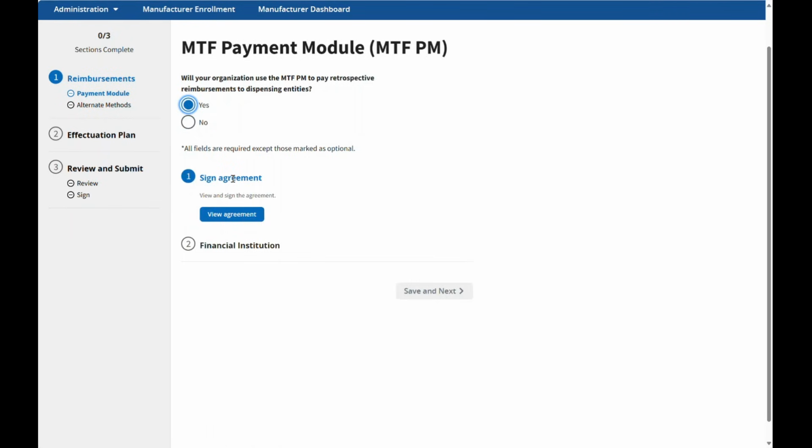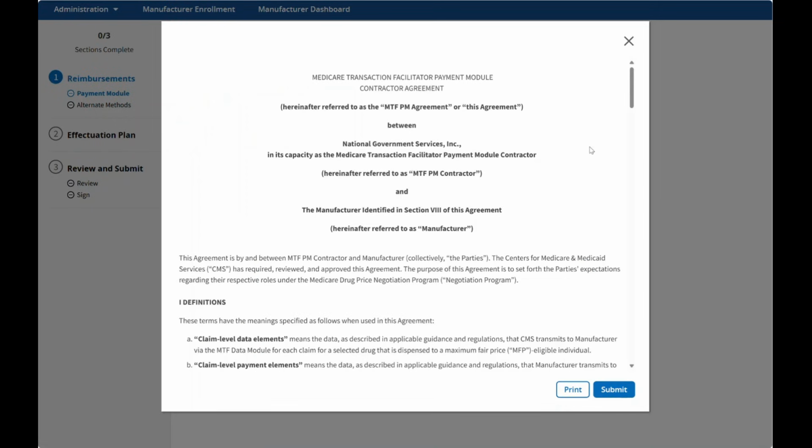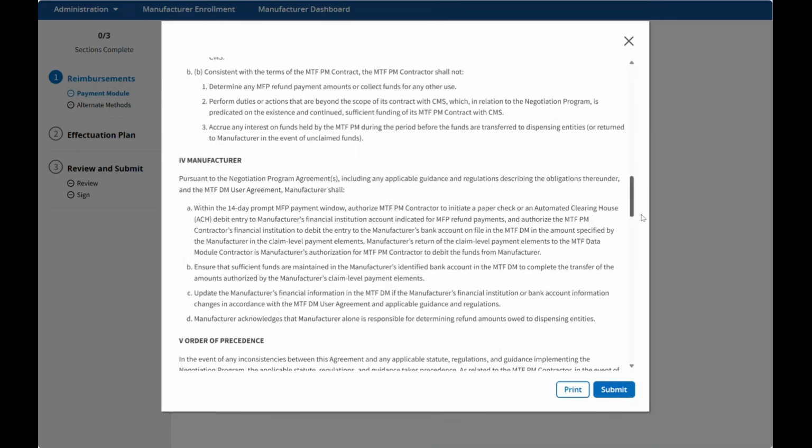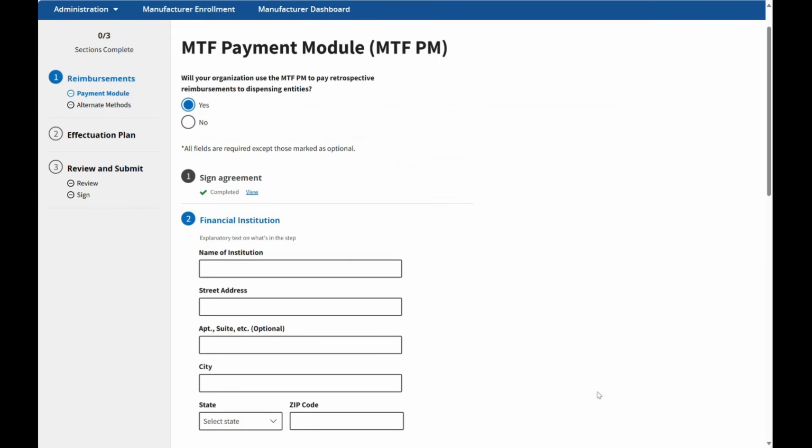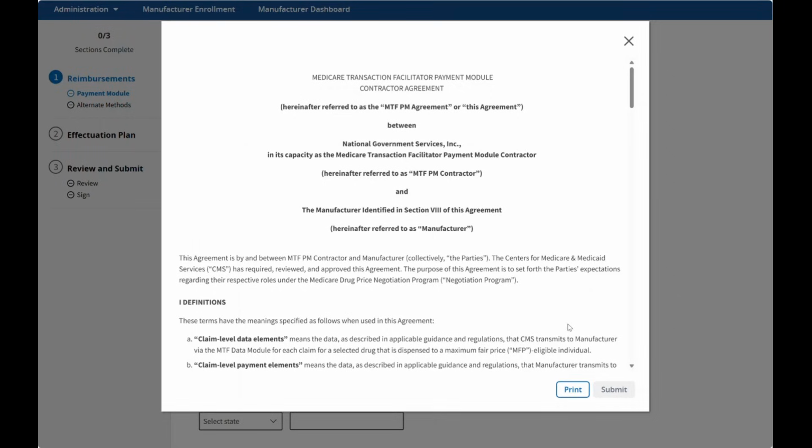This agreement needs to be signed by your ASO. Click on View Agreement and scroll through the agreement and provide the requested information. You can print or submit. If you click Submit, you can see that it is completed, and you can again view and print from here.